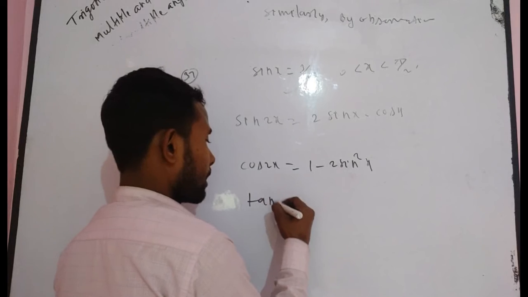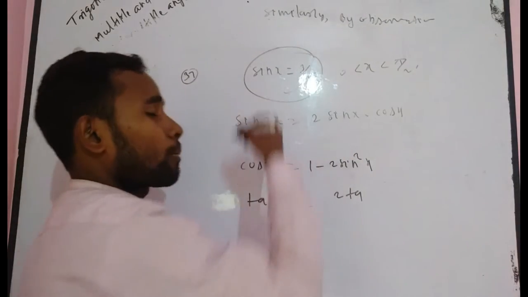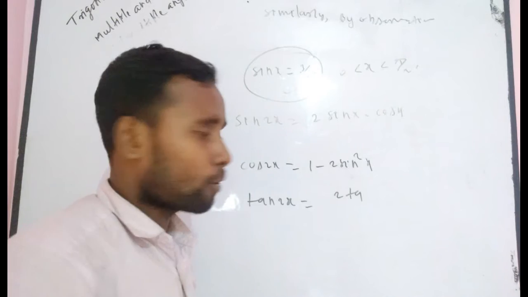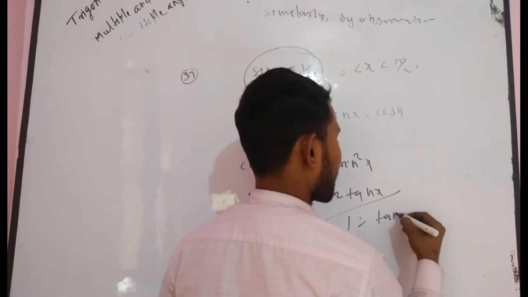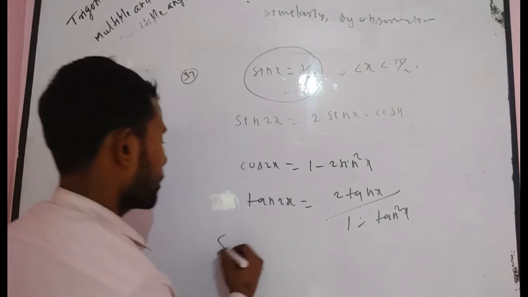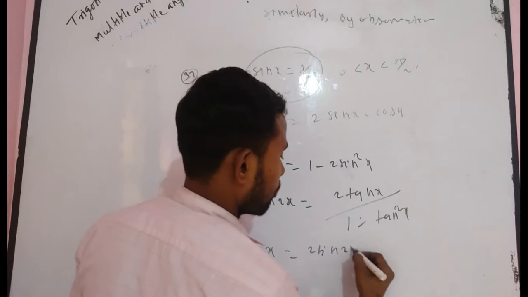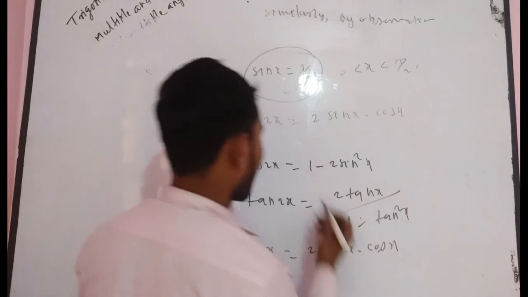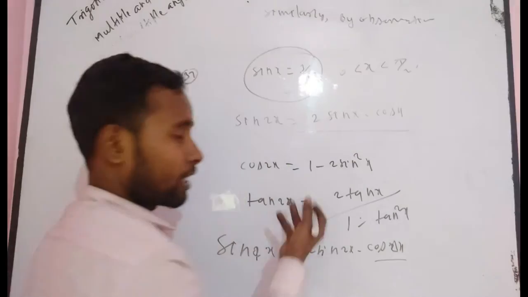Again it will be tan 2x. With the help of sin x you have to find the value of tan x. That will be 3 by 4. And you can use this formula, 2 tan x divided by 1 minus tan square x, and you get tan 2x. Next will be sin 4x. I think sin 4x is very easy. 2 sin 2x into cos 2x. I have already got the value of sin 2x by manipulation, and cos 2x also. Now you have to put and you will find an answer.